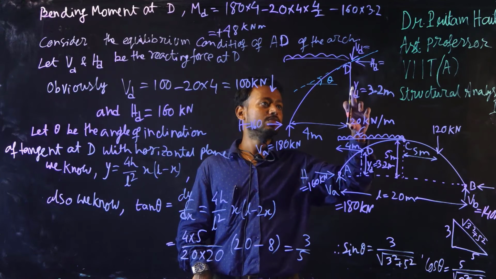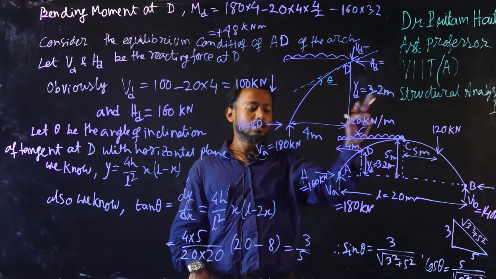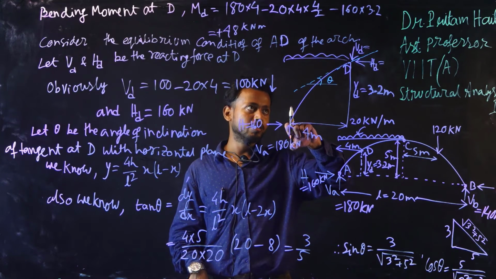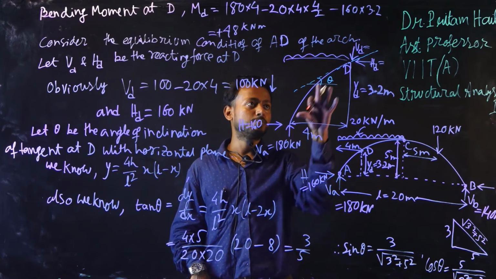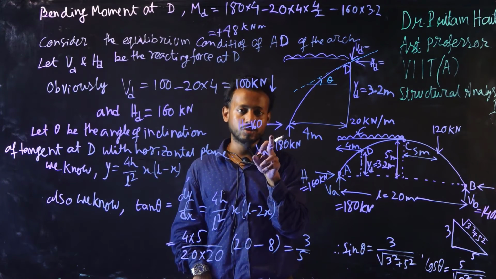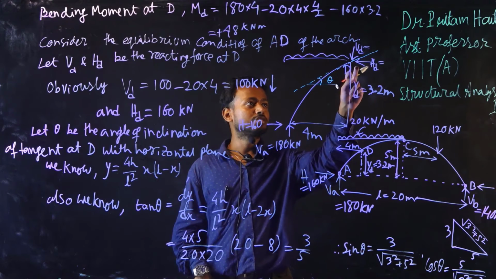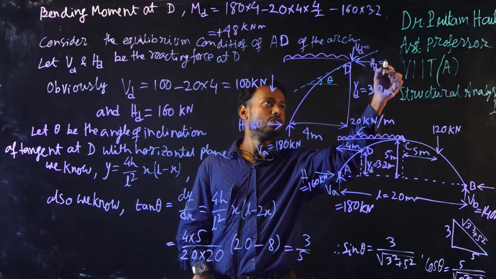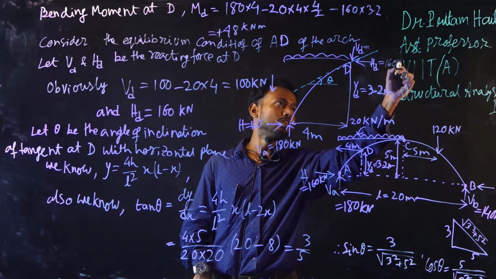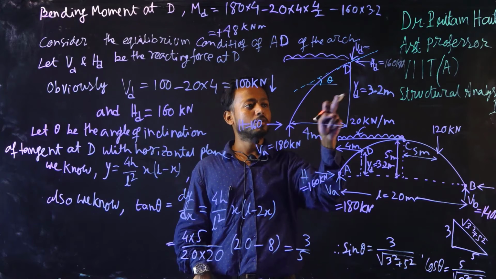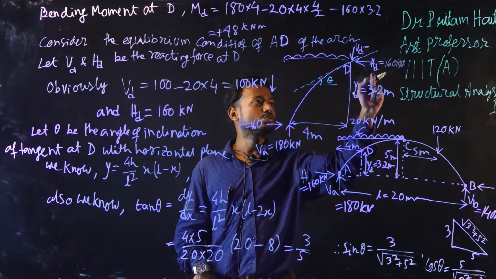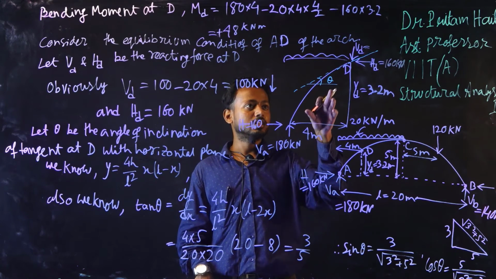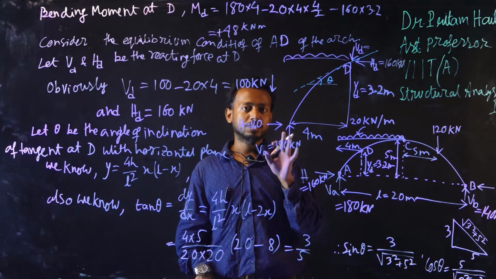And what is the YD? That is the vertical ordinate, 3.2 meter. Here the horizontal force is acting 160 kilonewton, vertical force is acting 180 kilonewton. So if at this part horizontal force 160 kilonewton is acting, then here also, to be in equilibrium condition, the horizontal force has to be 160 kilonewton, right? To be in equilibrium condition horizontally, the HD must be 160 kilonewton, so that the arch portion will be in horizontal equilibrium condition.